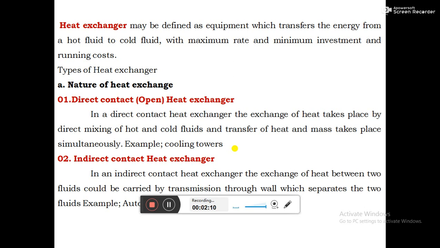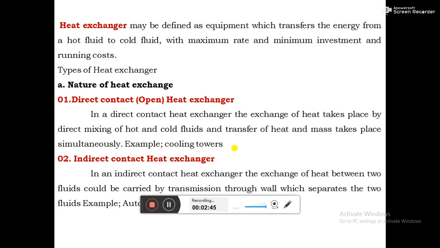The first category on which the heat exchanger is classified is according to the nature of exchange of heat between the hot fluid and the cold fluid. Based on the nature of heat exchange, they are classified into direct contact heat exchanger and indirect contact heat exchanger. Direct contact heat exchanger is also called open heat exchanger, and indirect contact heat exchanger is also called